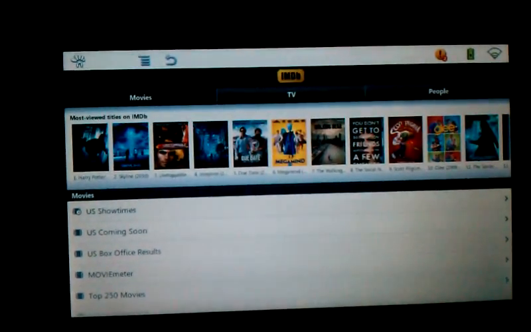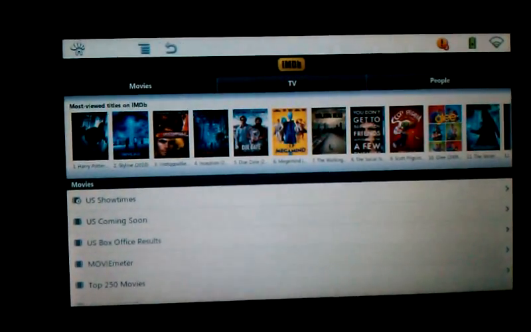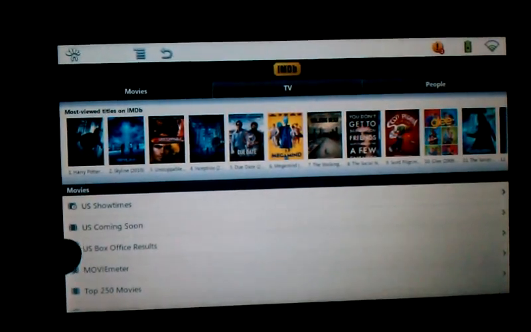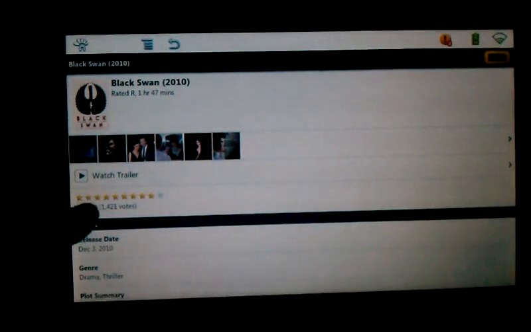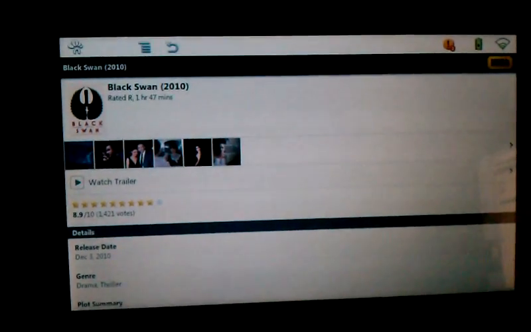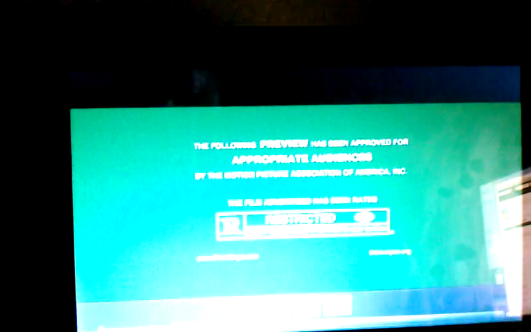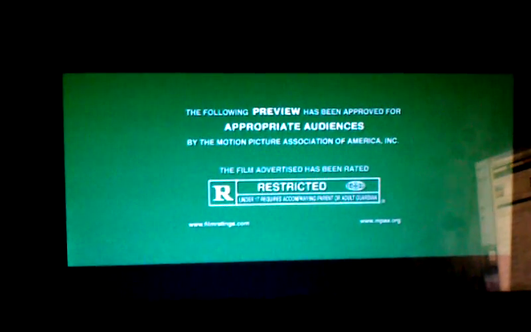IMDB. This is another app that I used before, and in Clockwork, with the Clockwork mod, the trailers worked just fine. In TnT, when I tried it after installing it, it didn't work fine. Well, I put ADW Launcher on there, and now, once again, I'm able to watch trailers on the IMDB